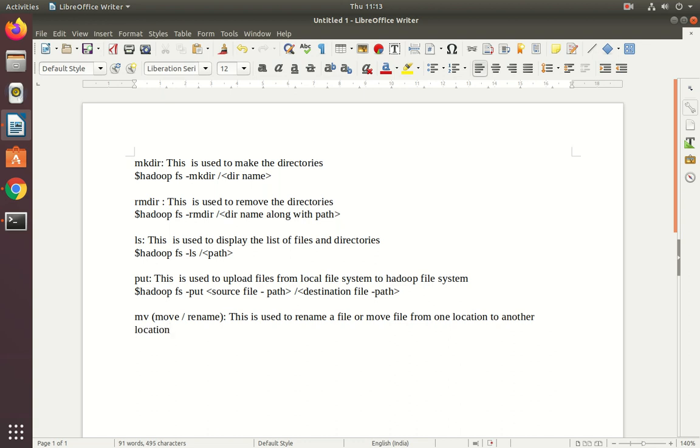The syntax is hadoop fs -mv source / destination. You must use root here.